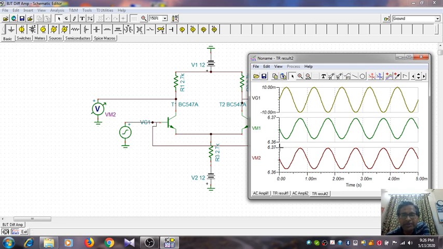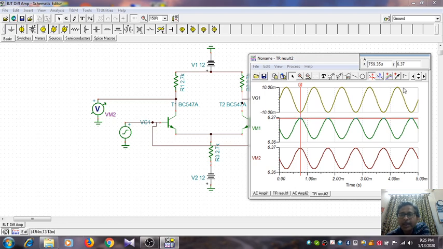You see now it is much smaller than, so this is the input curve, that is 20 millivolt peak to peak. But let us say for the VM1, so this is the trough, it gives you 6.37 millivolt corresponding to this time, and next this one will give me